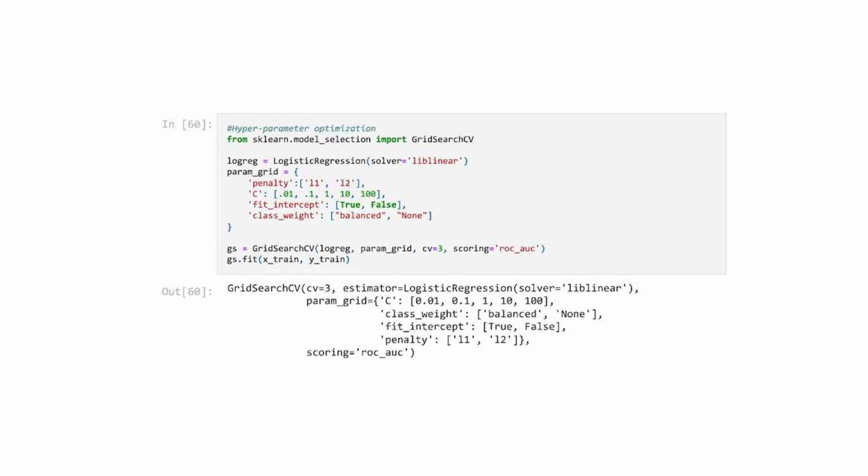Here we give a dictionary with certain parameters. For example, we can experiment with the penalty L1 or L2. We can give C different values, 0.01, 0.1, 1, and so on. We can see whether we want to fit the bias or not. And we can also double check whether we want to balance the class weight or not. Now, based on these parameters,